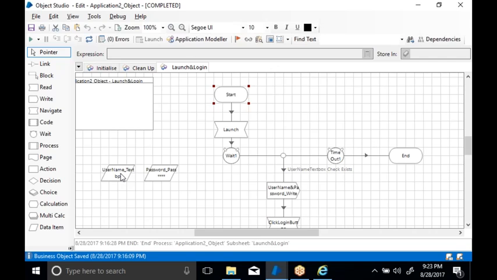You have to reset your credentials always. At that time, suppose I implement this project and I have given my credentials inside my data items, and after 15 days I have to come back to my object. I have to edit my code. I have to edit my solution, whatever object or process. This is not good. This is not recommendable.